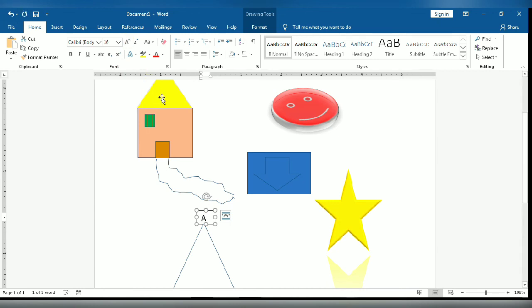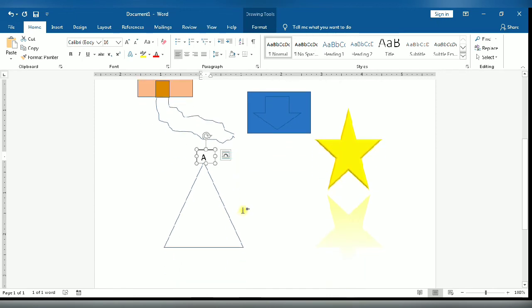Press Control C, then Control V, copy it and place it here. Control V again and place it here. You just edit it: now make it B, and here C.